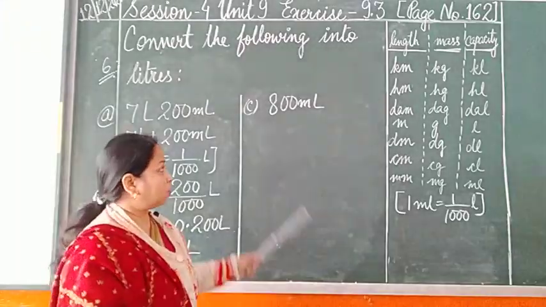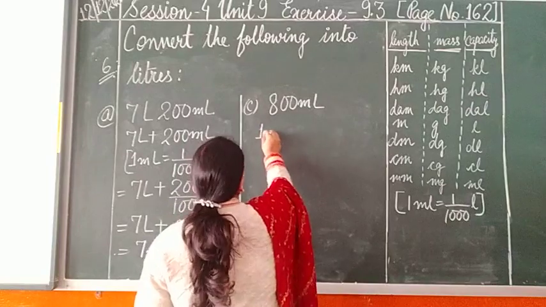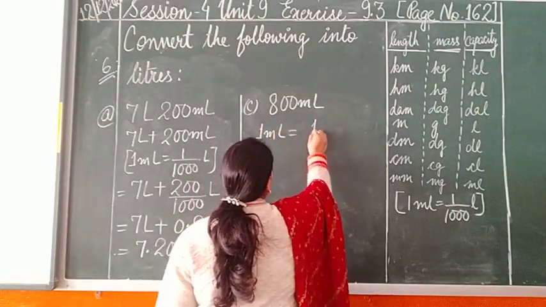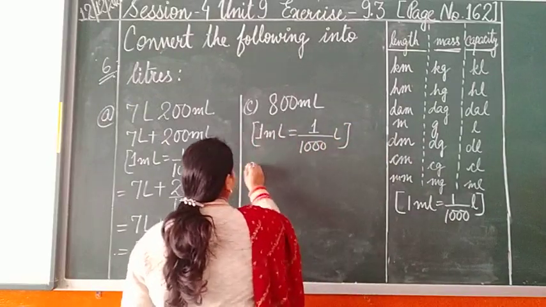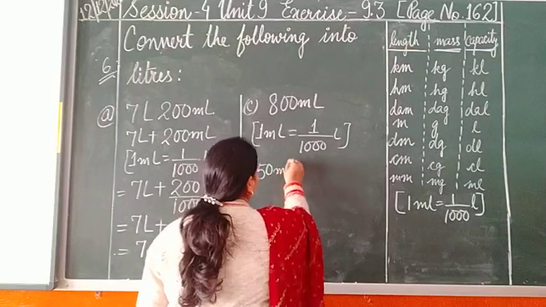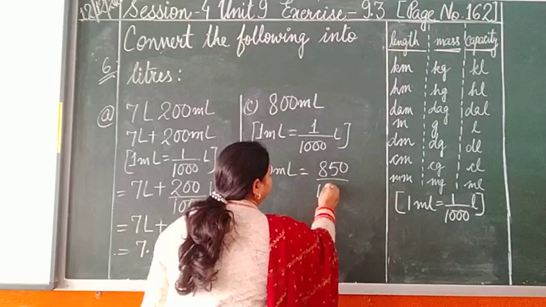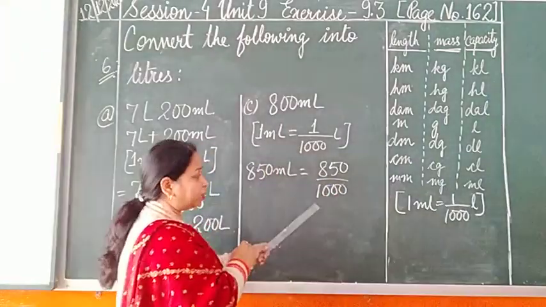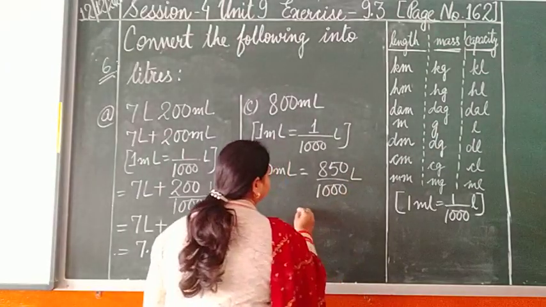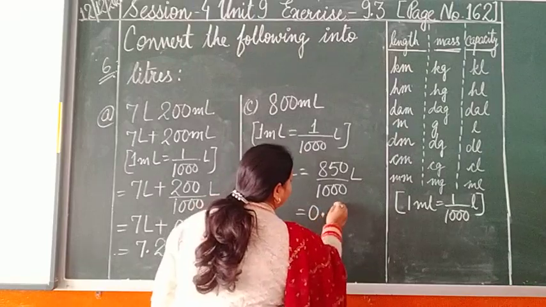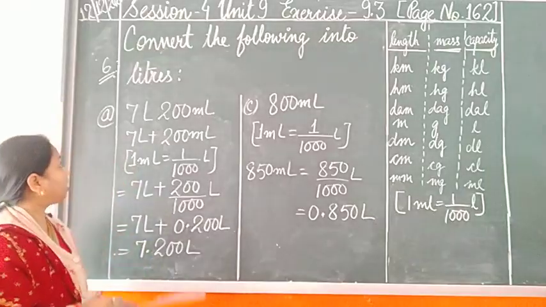and milliliter. Okay. Now, here 850 milliliter is given. So, the conversion takes place: 1 ml is equal to 1 upon 1000 liter. So, 850 ml will be written as 850 upon 1000. The moment I divide it by 1000, ml will not be written over there, it will be replaced by liters, and you know the conversion. So, it will be 0.850 liters. This is how we have to do this question.